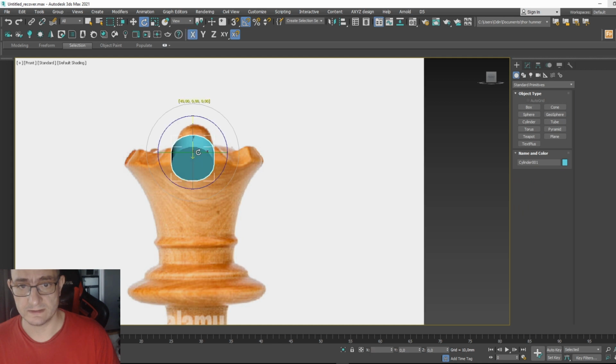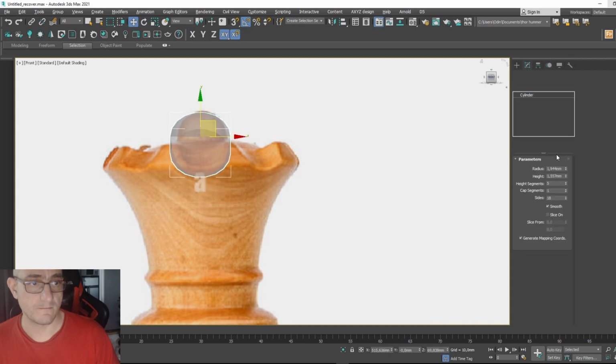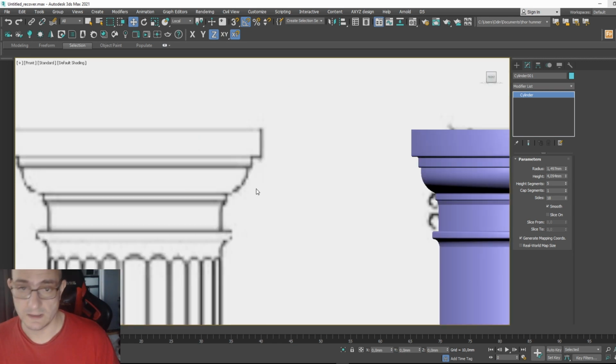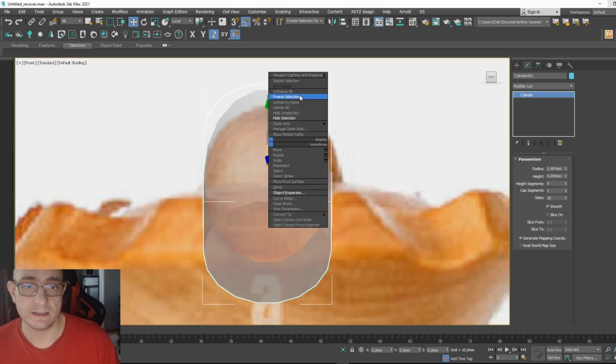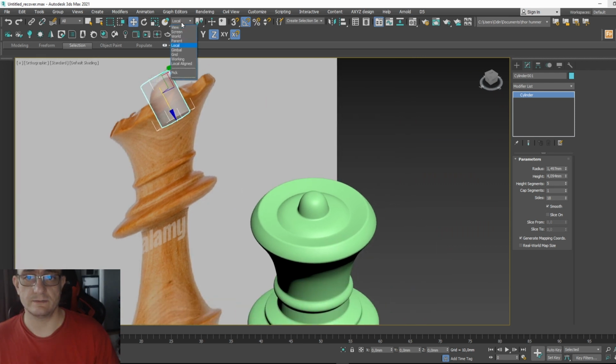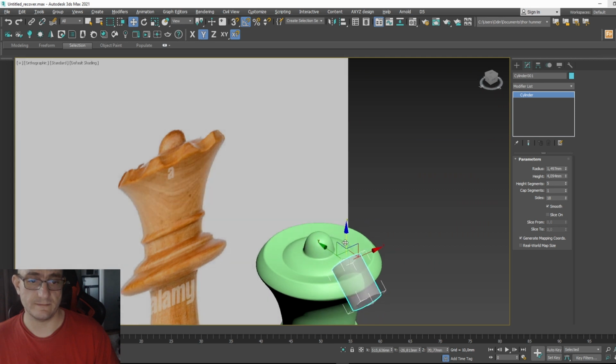Rotate it a little bit. You can press Alt X to see through. Put some height here. Use local to move this like this. Now, if we unhide geometry we had and press U to move this direction here,